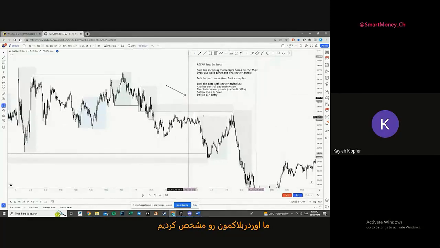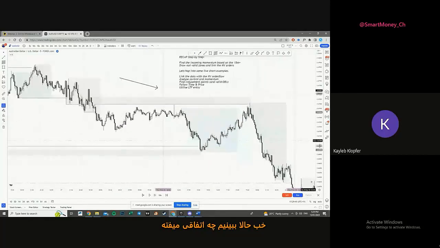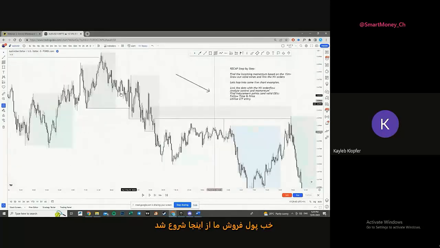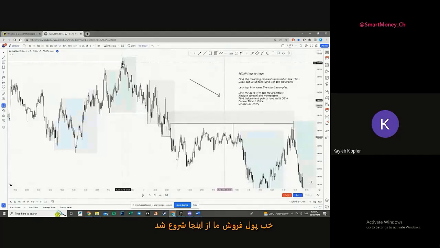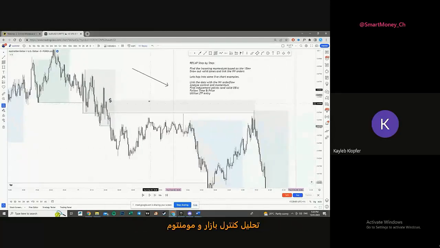Anyway, back to where we are now, momentum. We found our valid order blocks. Now let's see what happens. Link the dots with a high volume order flow. So our selling money started here. No imbalances, so we filled it all up. Detachment. So essentially we have a lot of resting orders at this point here. So it follows our order block rules, which is really good.